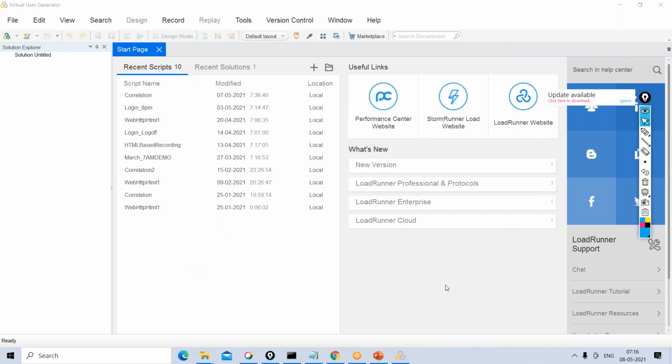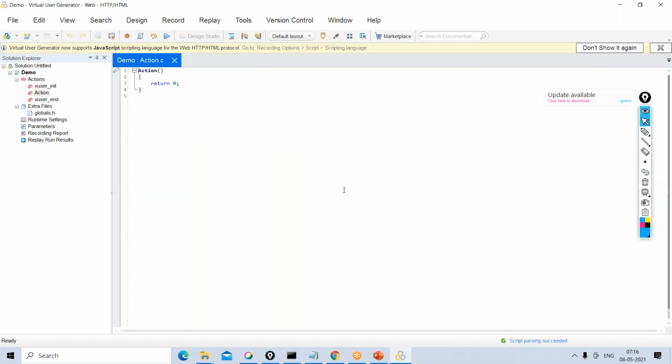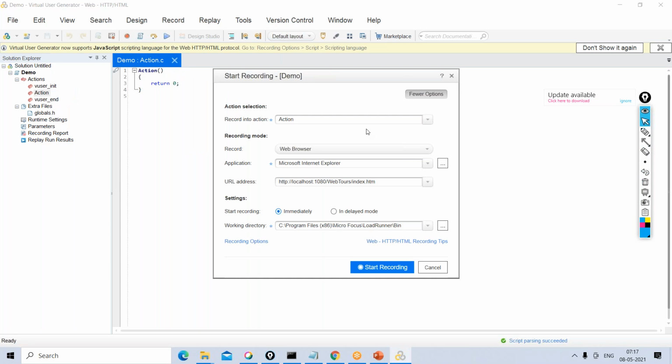Once you create a new script, this is how it looks. We'll be discussing all these functionalities in detail in our upcoming sessions, but for today's demo session, we'll quickly record it and see. There is an option here to record the functionality, and the recorded script will be generated into these three particular actions, the code you can see here in this layout. Now I'm going to click on this record icon, and some options are displayed here, which we'll discuss in detail in upcoming sessions.